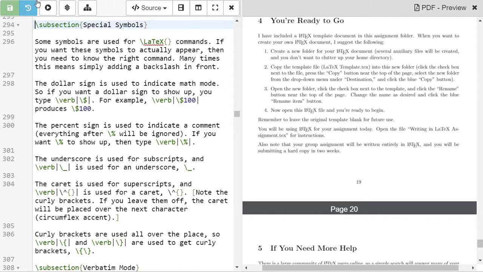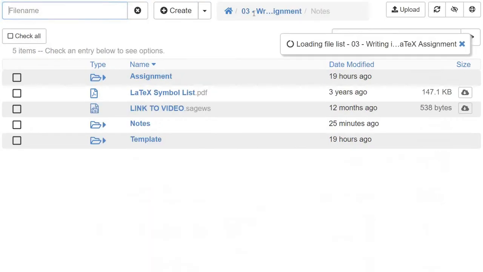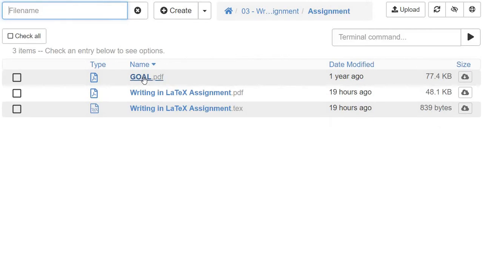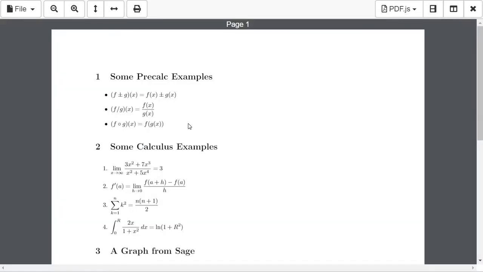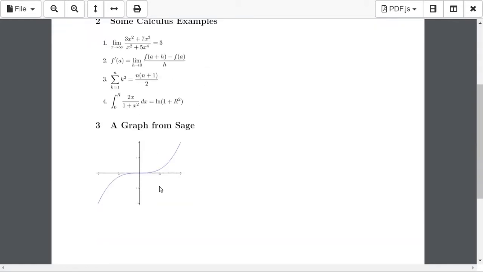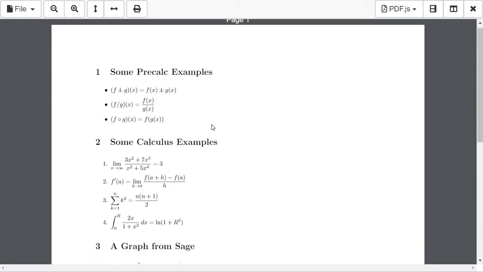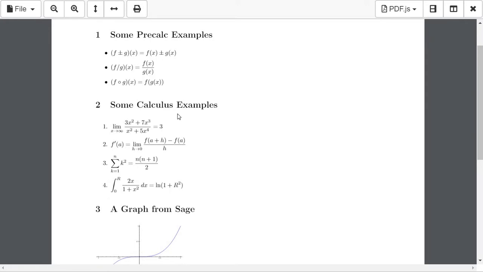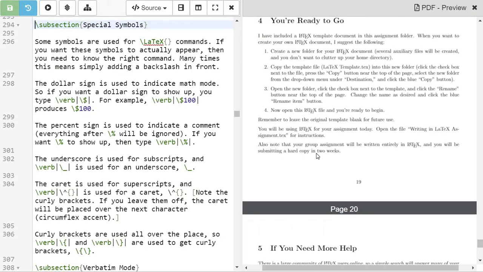Okay, your assignment today, you will go into the assignment folder, and you should open up this tex file. That's where you're actually going to work on your assignment. I won't do it because I don't want all those extra gray files to show up. But what you want to do is make the things in this goal. I gave you this PDF. You want all of this stuff to show up in your assignment file. And there are some instructions in there, so I'll let you read that,